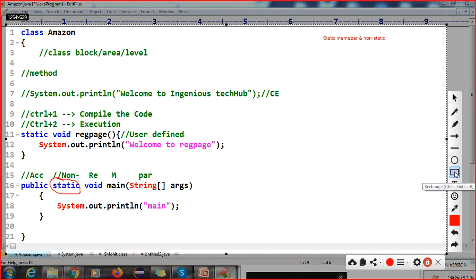The question is, this is an interview question. The interviewer always asks why the main method is static. So your answer is: the JVM software provides memory for all static members automatically. You should not provide external memory if you have the member as static. Got it, right? So the JVM has already provided the memory for that. If you don't have memory, then how will your code work? Got it, right? So you can see I took this as static.